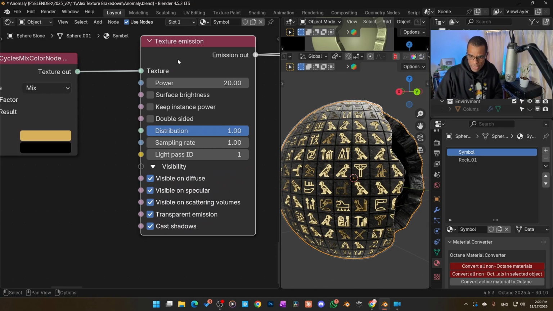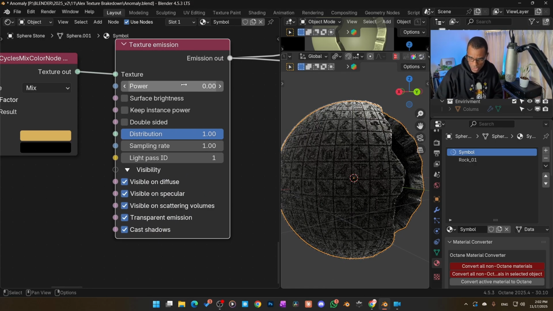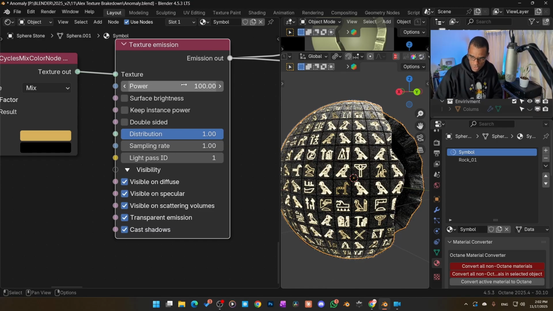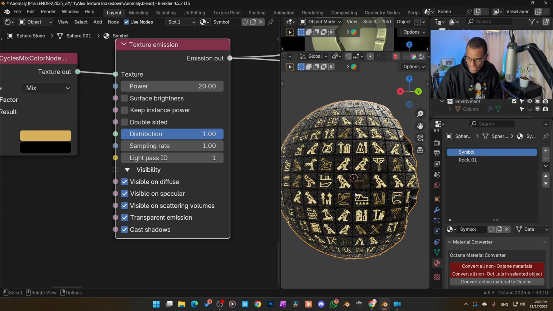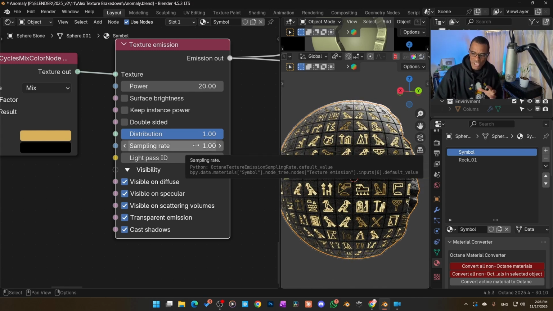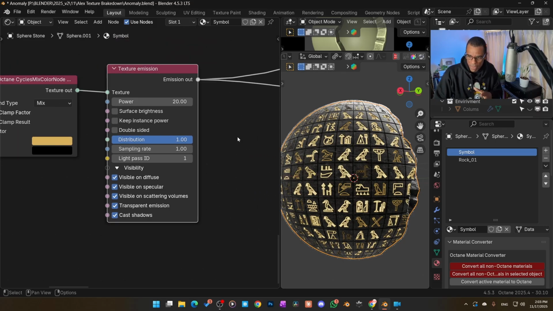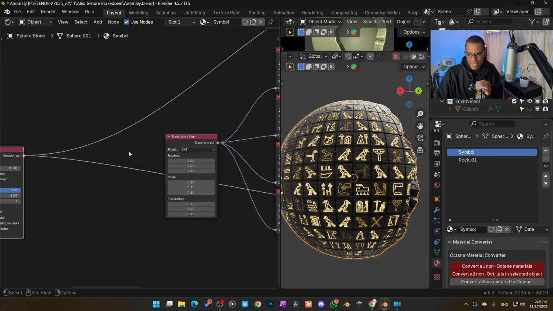Now, again, this is going into an emission node, which is actually showing the color of that. If I put that to 0, it goes to 0. If we go to 100, it should be super bright, right? And I guess he had it at 20. We'll go back to 20. So that already in itself is really cool. Just basically using an emission node and emitting these images on top, but then adding that with the displacement,